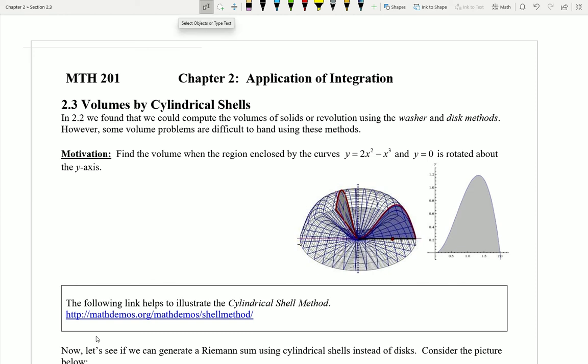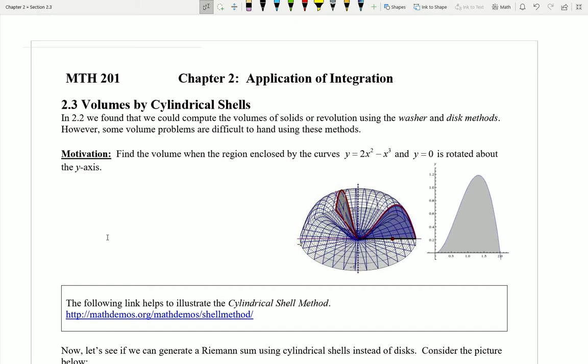In this video, we're going to start taking a look at section 2.3, which will be kind of an extension of ideas related to the last section in 2.2, where we have obtained volumes of regions by revolving them around an axis and then integrating by thinking about washers or disks. So what we're going to see here is that while using washers and disks was sometimes a great approach to being able to find the volume from a solid that's generated by revolving around an axis, it may not always